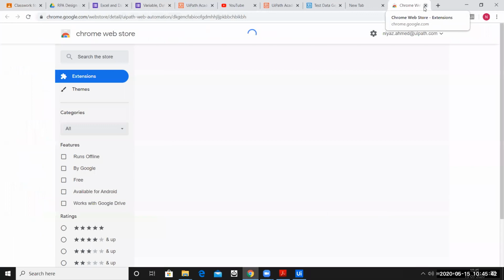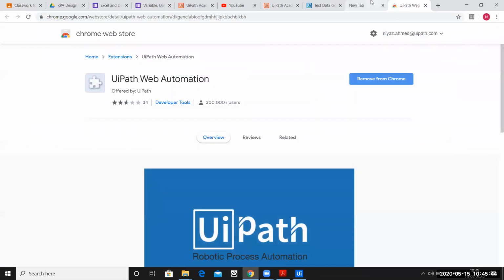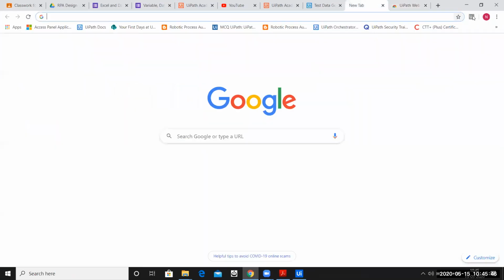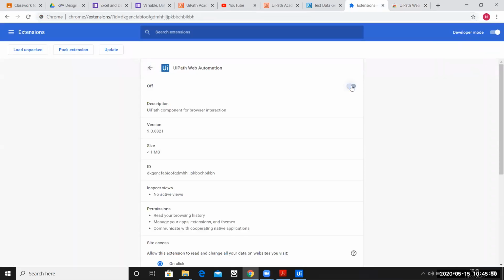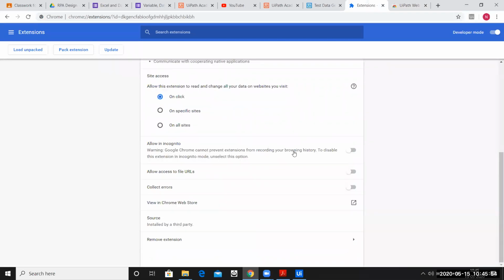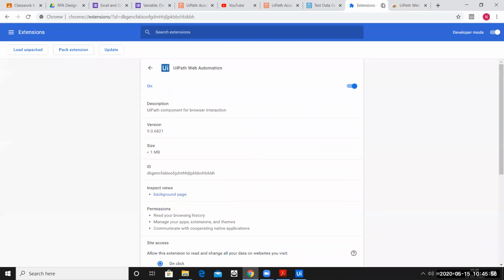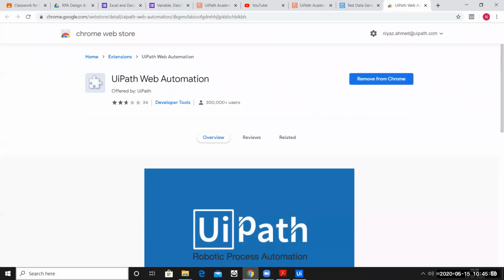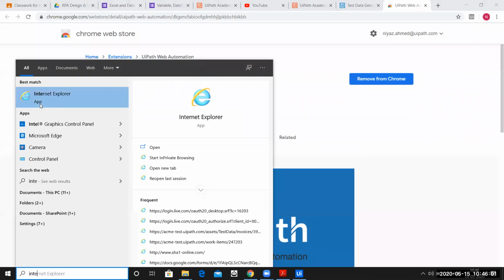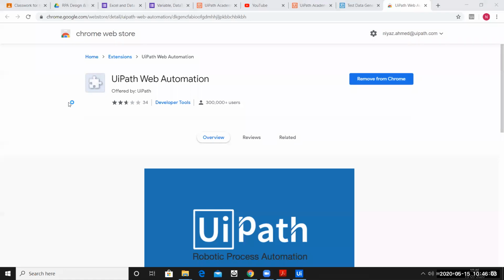Let me see if the Chrome extension is having some issues or not. Okay. So in that case, we can go ahead with our Internet Explorer itself. Okay.